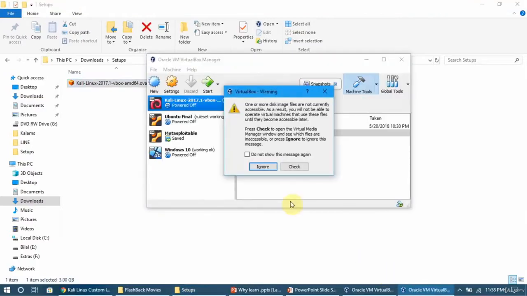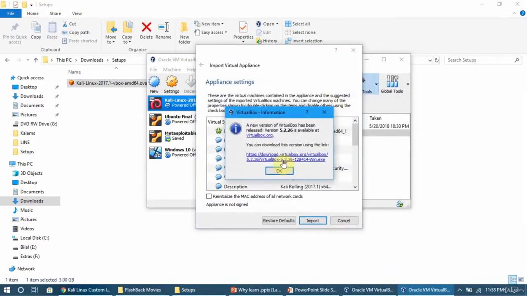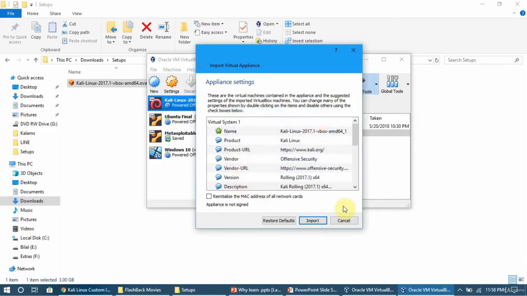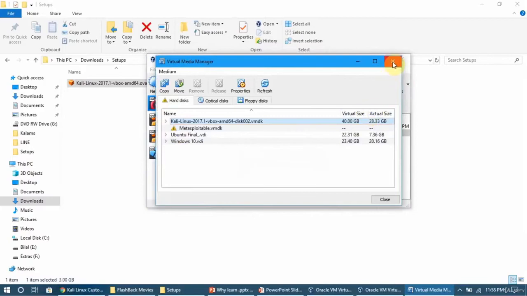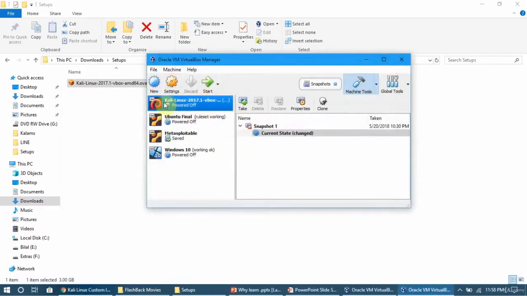Let it load, and here it is. You just need to click on import and it will start importing the image for you. Once the import finishes, there will be a machine added to your VirtualBox.